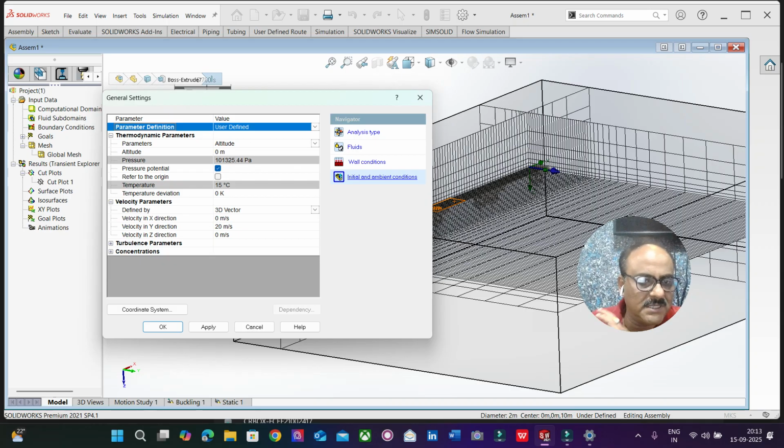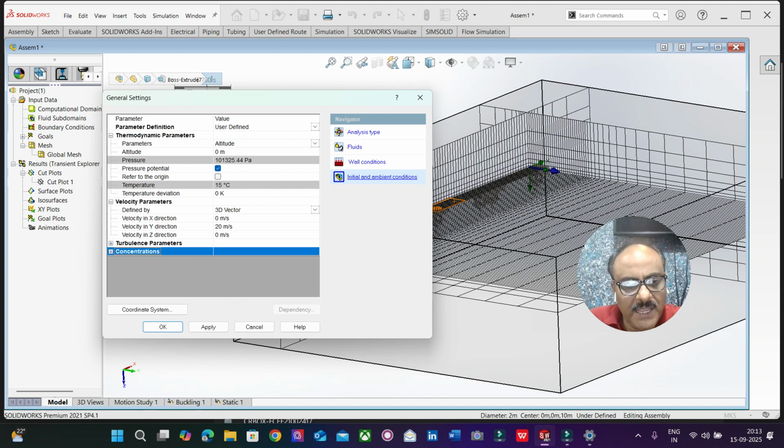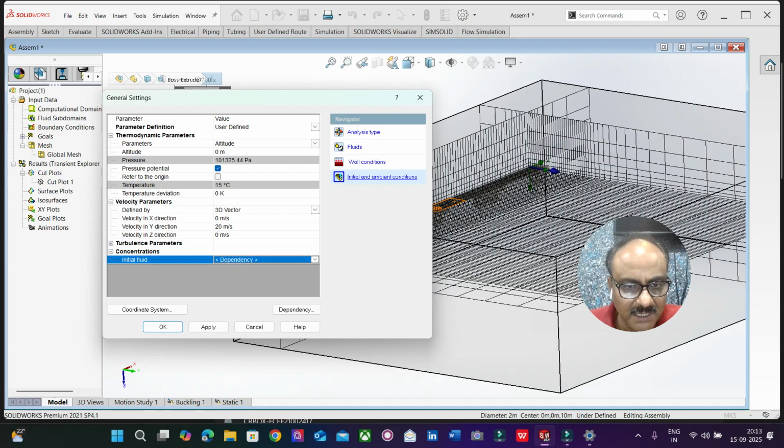So we are assuming that the temperature is about 15 degrees Celsius. And now we have to define the concentration of air and concentration of water, and that is going to be a time dependent function. So we define a dependency, and in what way we are going to define the dependency is,